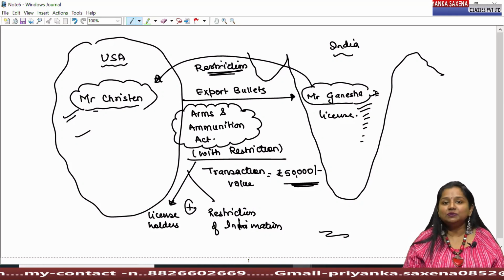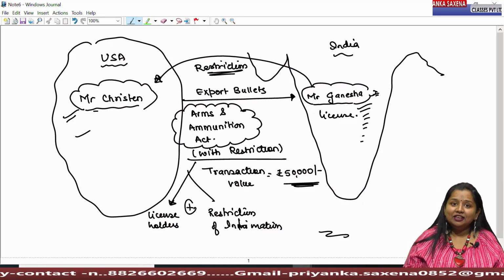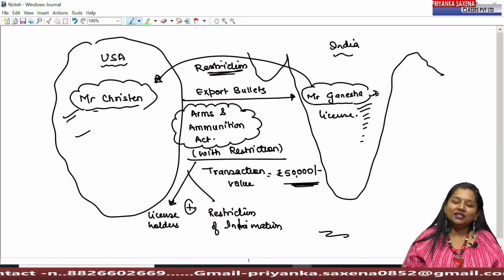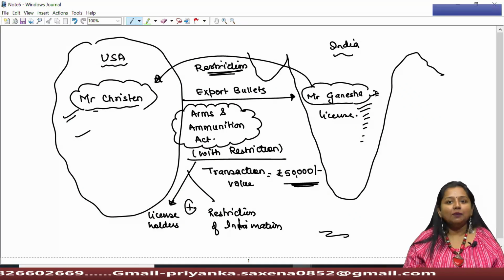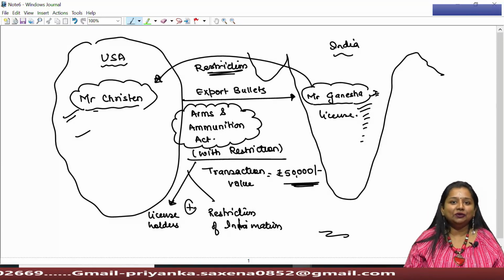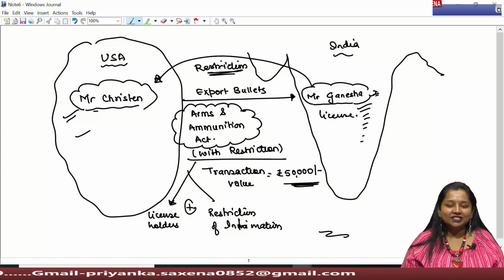And since the price of goods must not have been manipulated, the price shown in the invoice can be considered as transaction value under rule 3, upon which assessable value can be determined by adding the additions under rule 10.